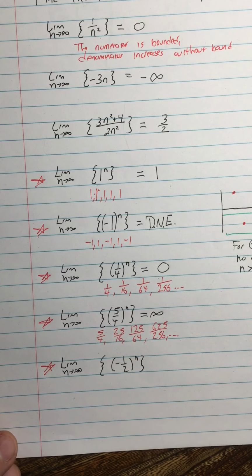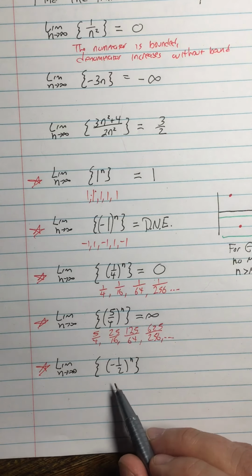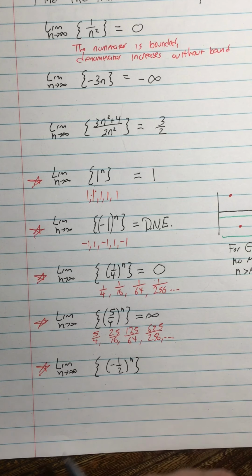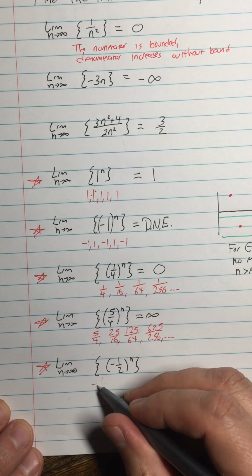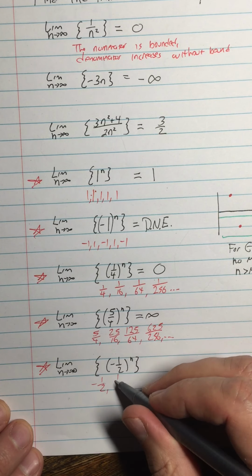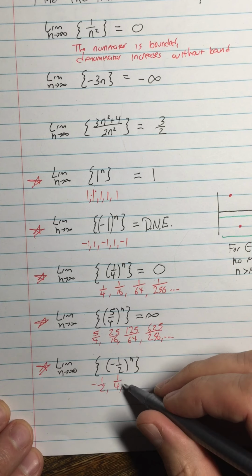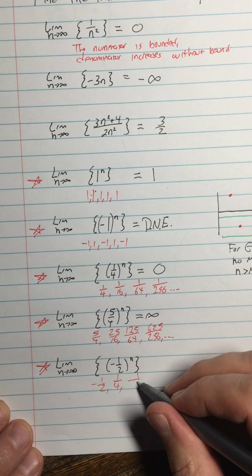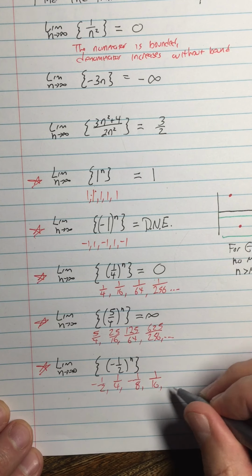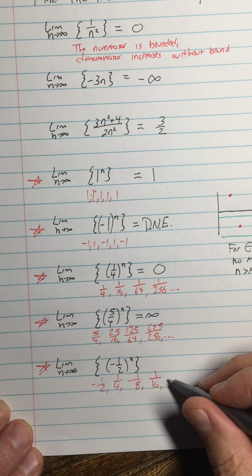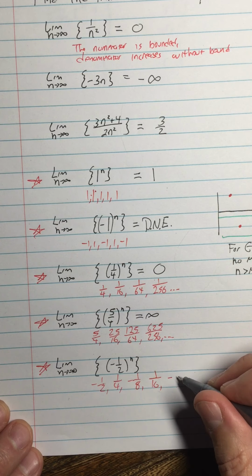So one thing we're going to get really familiar with is that a geometric sequence with a negative r alternates signs. So when I do -1/2 to the 1 power, I get -1/2. -1/2 squared is +1/4. -1/2 cubed is -1/8. -1/2 to the 4th power is +1/16. Okay, so these values are alternating sign.